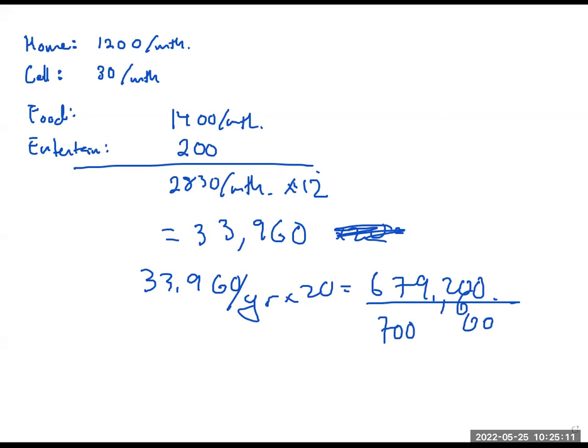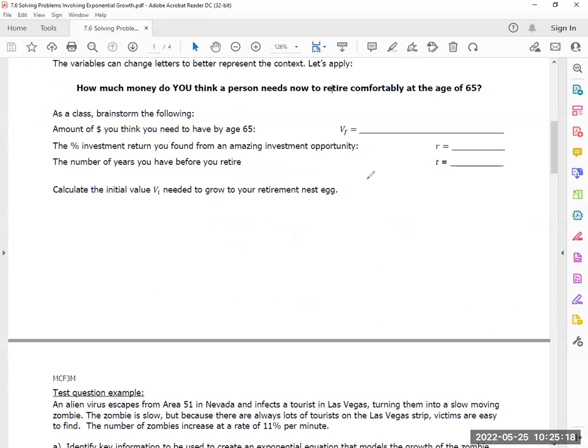Okay. All right. Going back to our sheet. This is a terrible estimate, but for our purposes, take a look at how I'm writing this. The amount that you think you will need to have at the age of 65. The final value, VF, is going to be 700. Let's write that down. Okay. So I'm going to spin it on you and say, you actually don't need to make all that